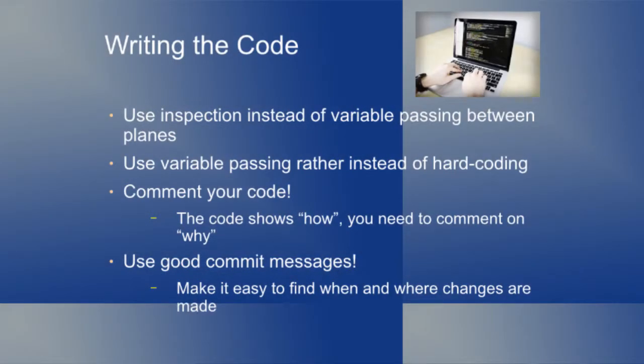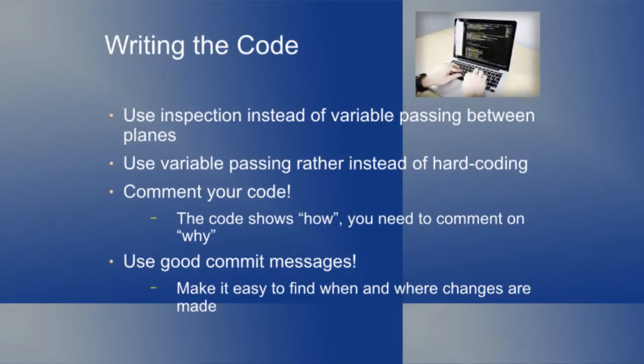When you write the code itself, use inspection instead of passing variables between planes. It's a great idea to use modules and pass in parameters to modules, but when you start dividing planes, you don't want that. CloudFormation has a way to have outputs that you have to import into another stack. It works, it's painful. Terraform has a way you can actually look up resources. That works much better. However, pass variables instead of hard coding things. You don't want to know VPC-12345 is my VPC. You'd rather get that out of the CloudFormation output.